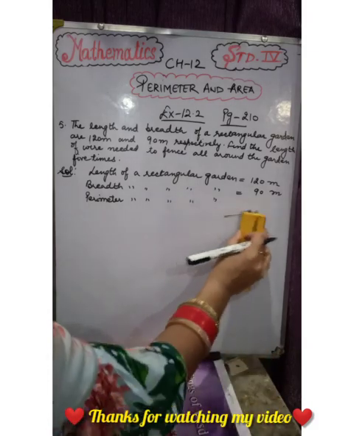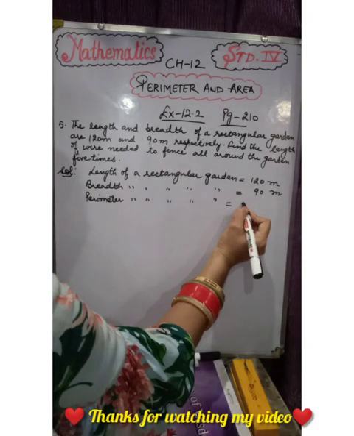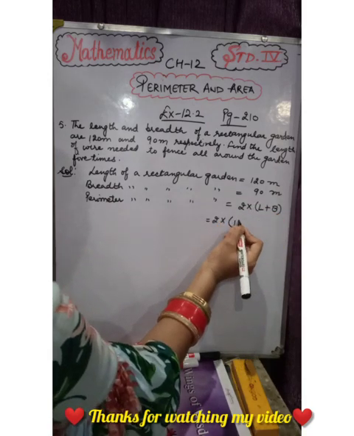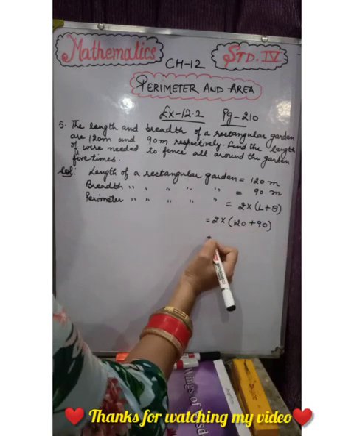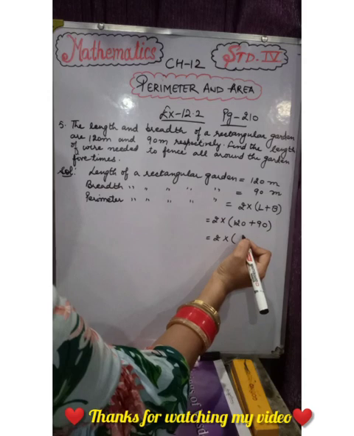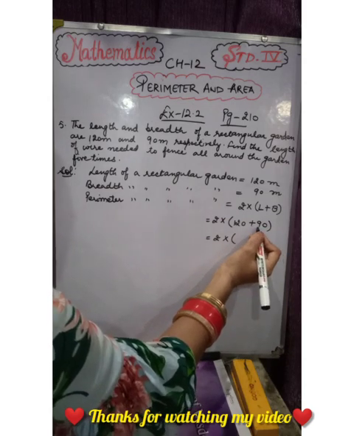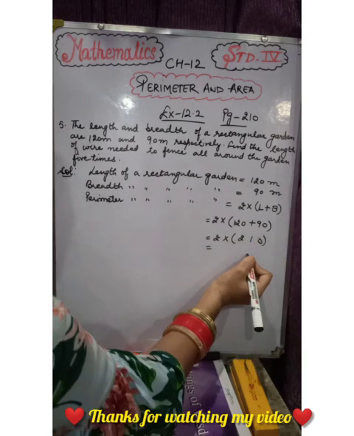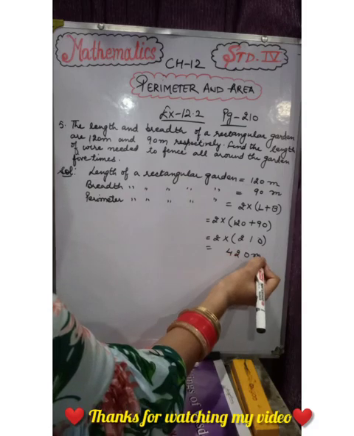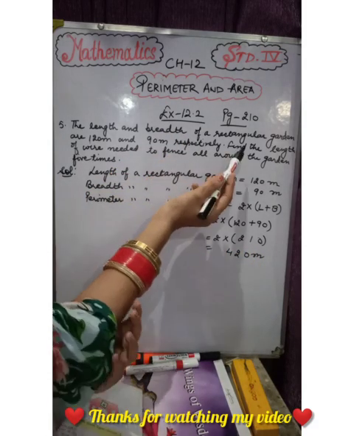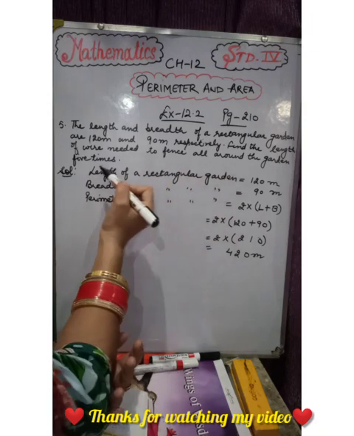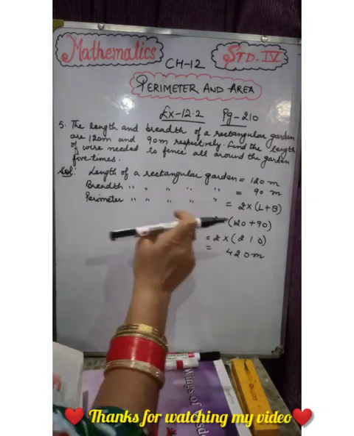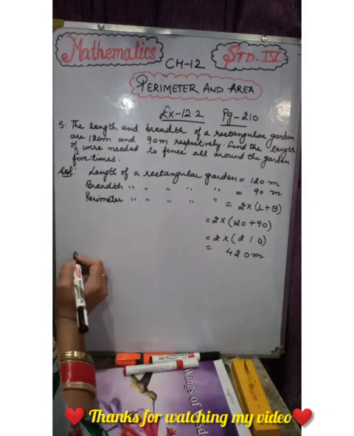Perimeter of rectangular garden is, we'll write here formula first. 2 into L plus B, that is 2 into 120 plus 90, that is 2 into 12 plus 9 is 0 plus 0, 9 plus 2 11, 1 plus 1 2, 2 0 0, 2 1s are 2, 2 2s are 4, 420 meter. So the next question is, find the length of wire needed to fence all around the garden 5 times. Means how much will it be for one round? 1 completed 420. For 5 times we will multiply by 5.